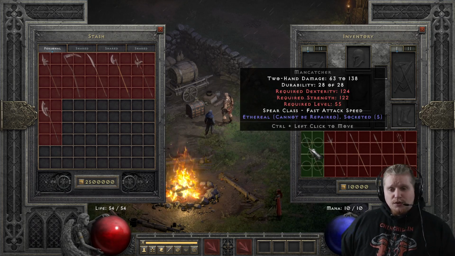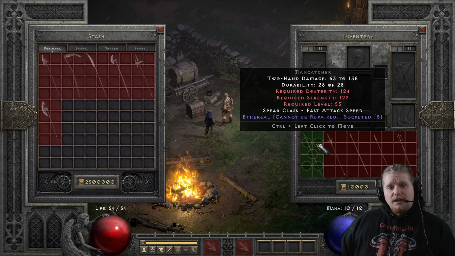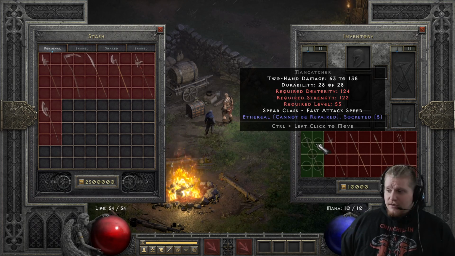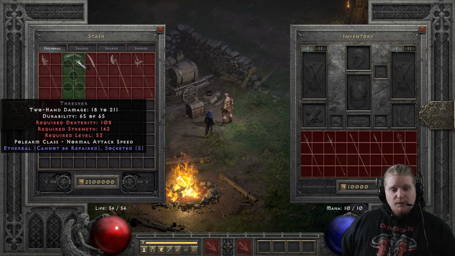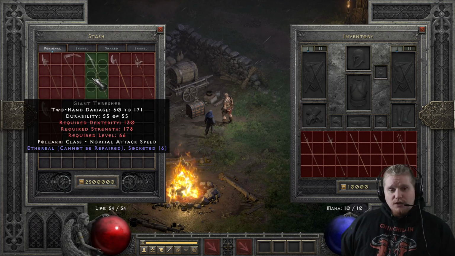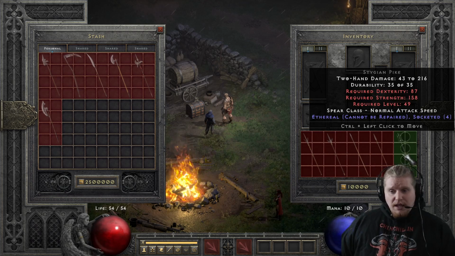What you're looking for with an Infinity base is something that is extremely good. You don't want to waste your runes on a crappy Infinity base. So what you're looking for is something that is going to be worth the runes that you're putting into it. So you definitely want to look for the Mancatcher, the Thresher, or the Giant Thresher as your Infinity base. Whereas the Stygian Pike can host some rune words, but it can't host any, honestly, that are really worth